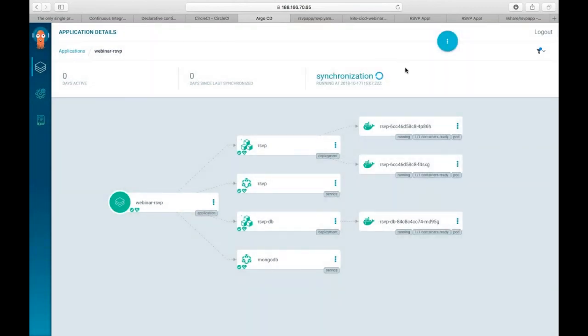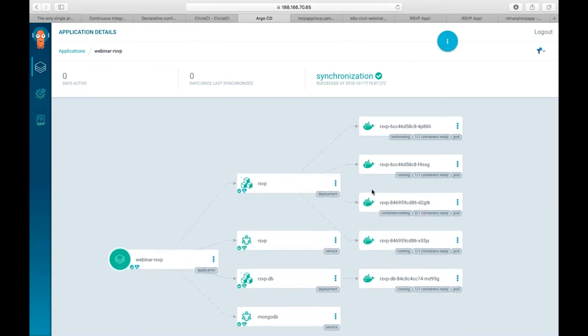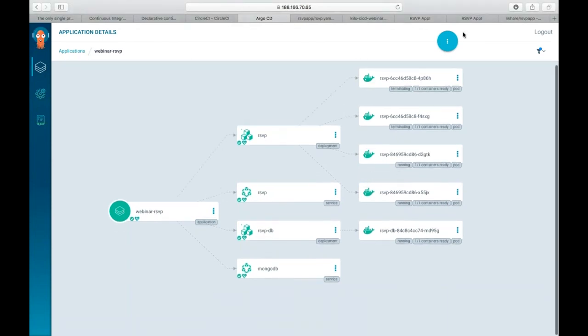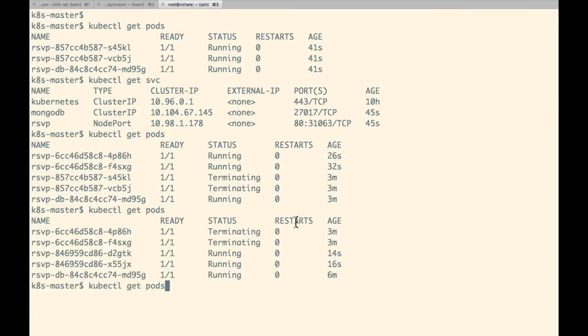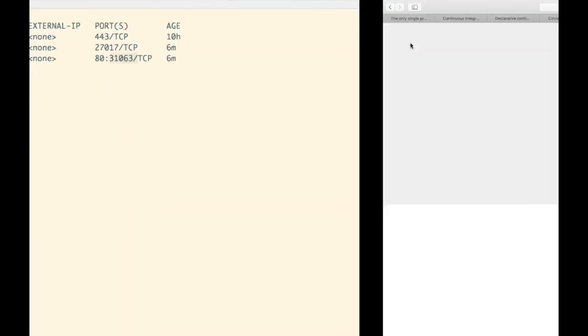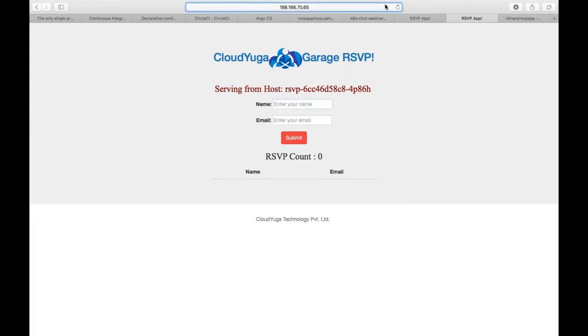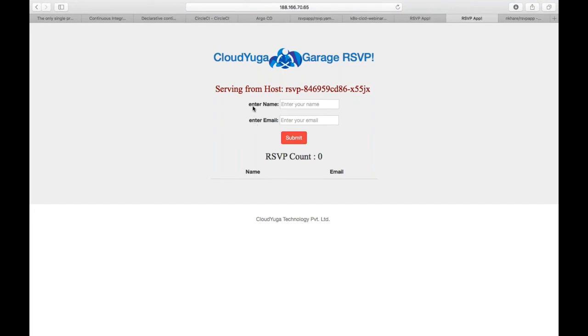And as I do that, you should see a different, yeah, the new version of the application is coming. Older pods are going down. And hopefully when we hit get pods, and get svc 31063, this would give you a different view. Same thing. Yep. So as you can see, now the image has been changed to the different version.